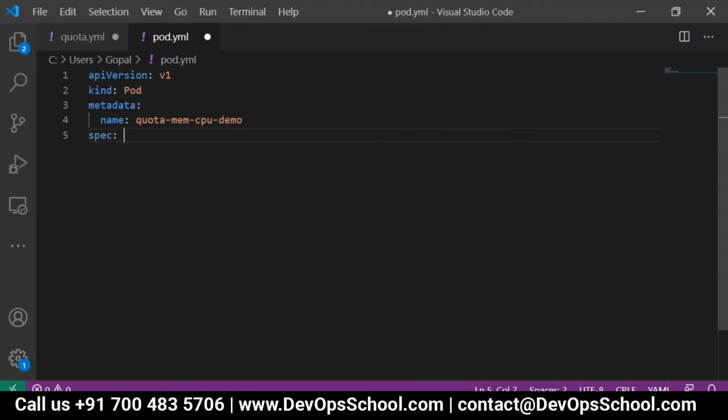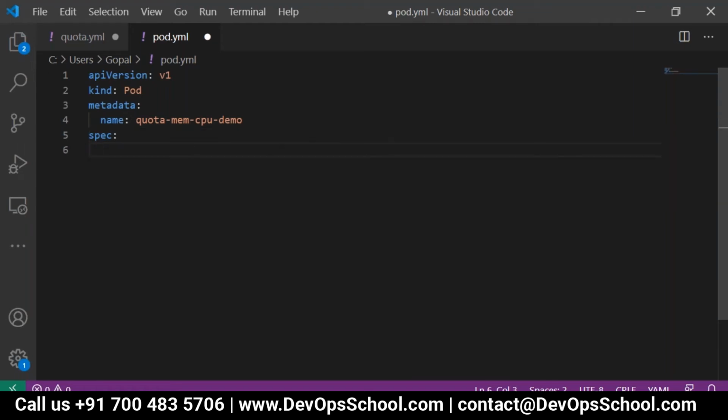So in any YAML file you are writing, the first thing will be the API, the second is which API you want to access. Then what you are creating, you need to define through metadata, the name, and the specification about what you need to do.